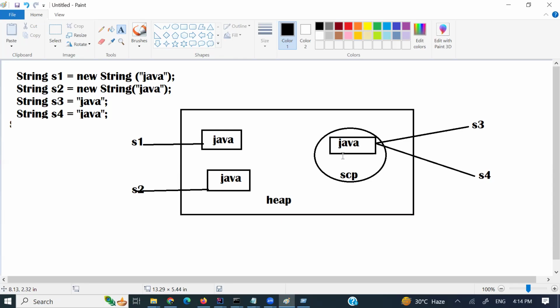And string is immutable, right? In the beginning, I told you string is immutable. Why? Because one object can be referred to by multiple references, right? One object can have multiple reference variables. In this case, if string objects are